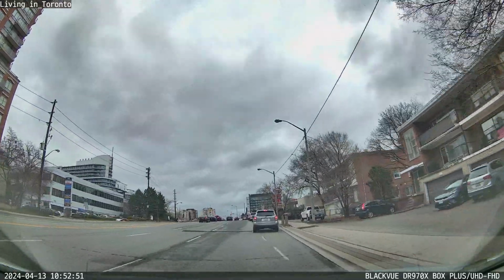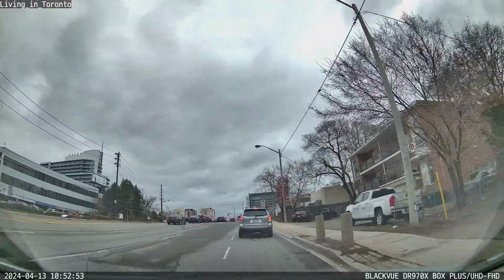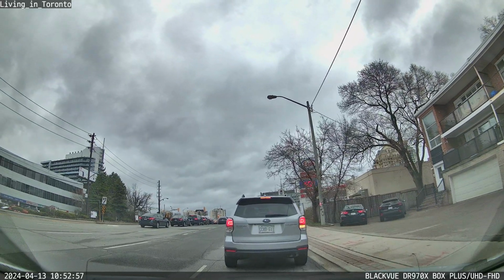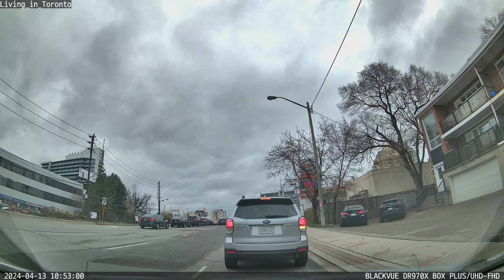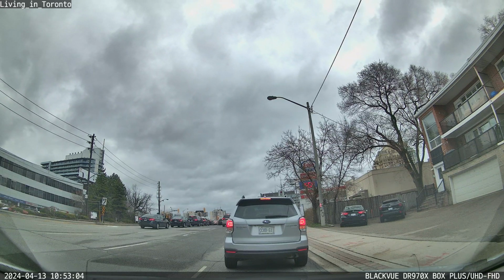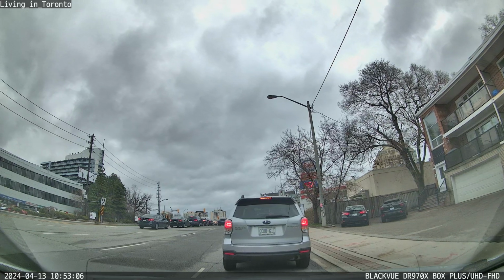Westbound Gardiner, that's looking very good at the moment. No complaints there. It is the problem getting into the downtown core, of course. Down Front to Strachan is down to 2 lanes from its usual 3 because of that long-term construction, which will be lasting until at least mid-2027. So again, you're